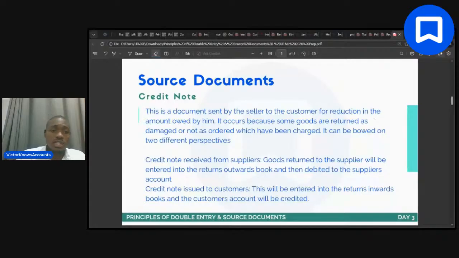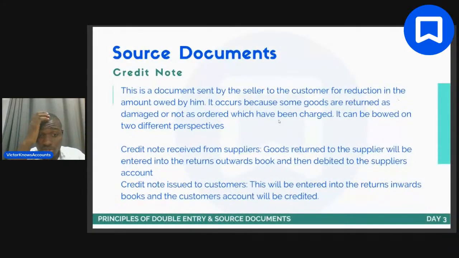All right, now I said credit note can actually be viewed from two perspectives. We have credit note received from suppliers and credit note issued to customers. Now you can be a customer or a supplier. You know that it is the supplier that always issues credit note. Now when the supplier issues credit note,